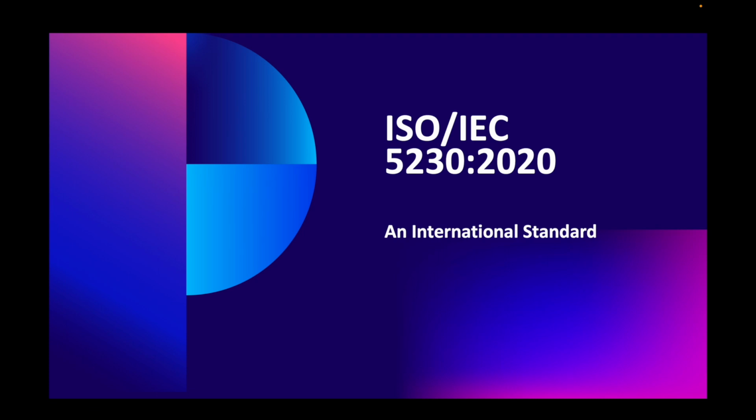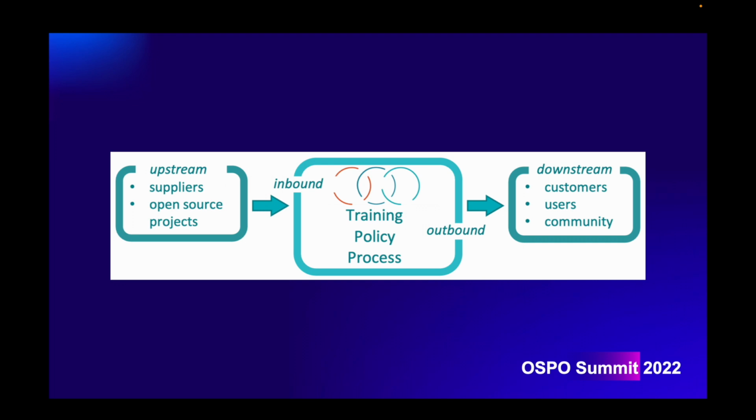Nowadays, this standard is used across more and more of the global supply chain, across very different industries, from banking to automotive to infrastructure to consumer electronics. Basically, it is a simple process standard. Company by company, it provides the process framework telling you where to check for open source software, what to identify, and what to do next. It doesn't go into too much detail. It's a process standard, but it tells you where to put those vital processes.